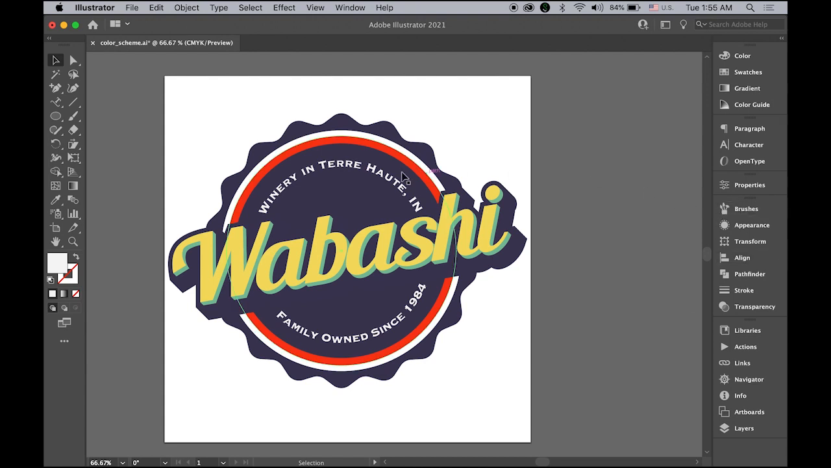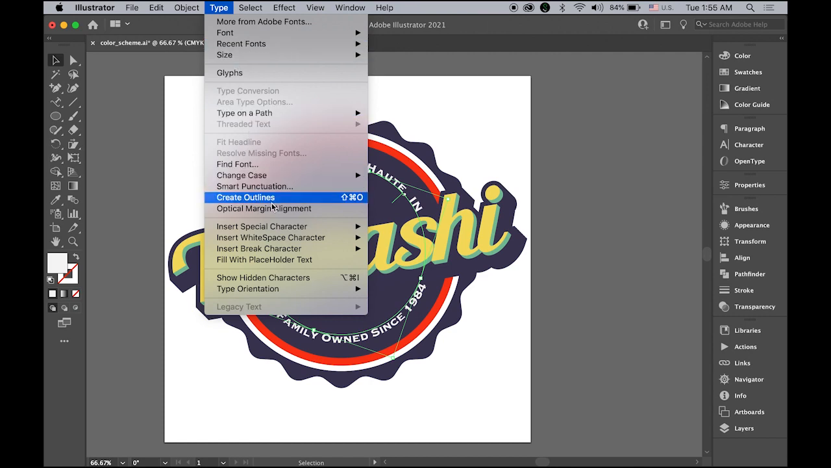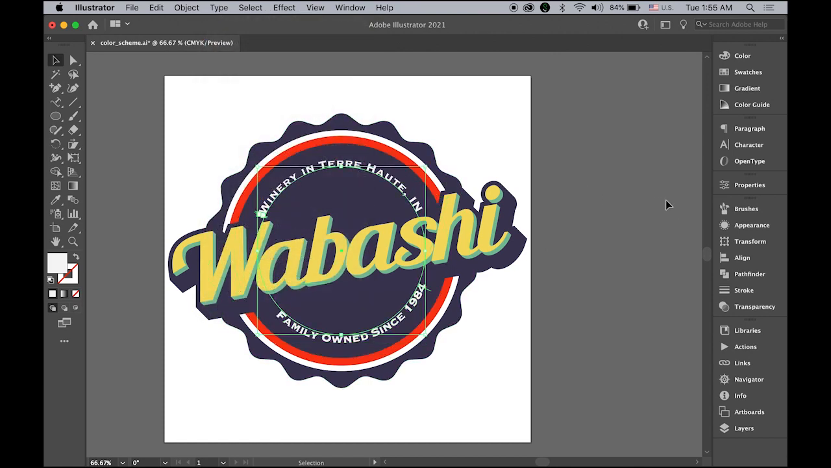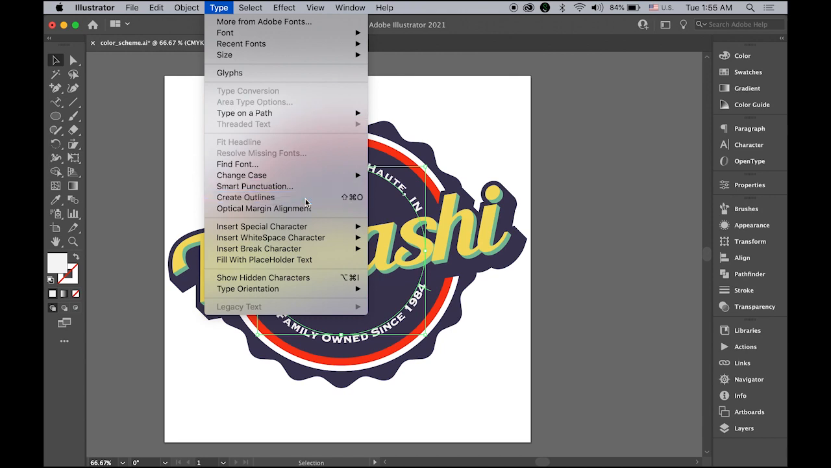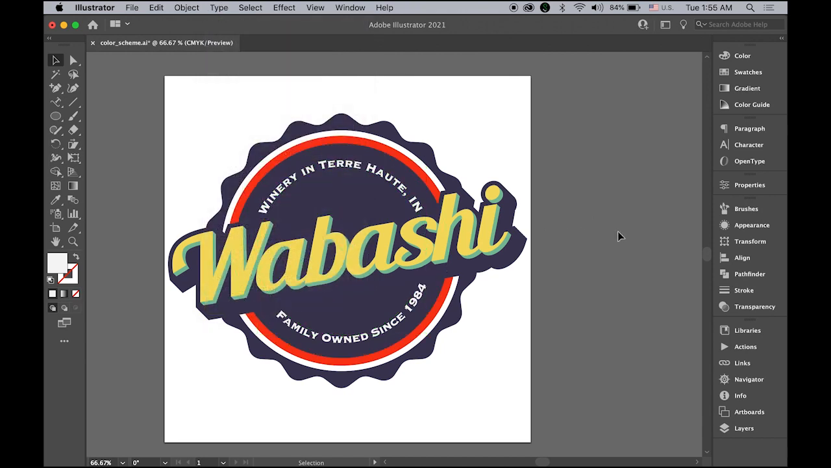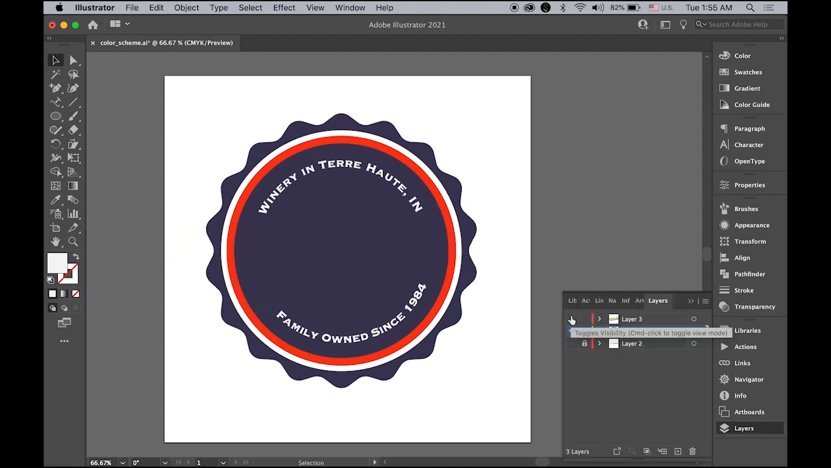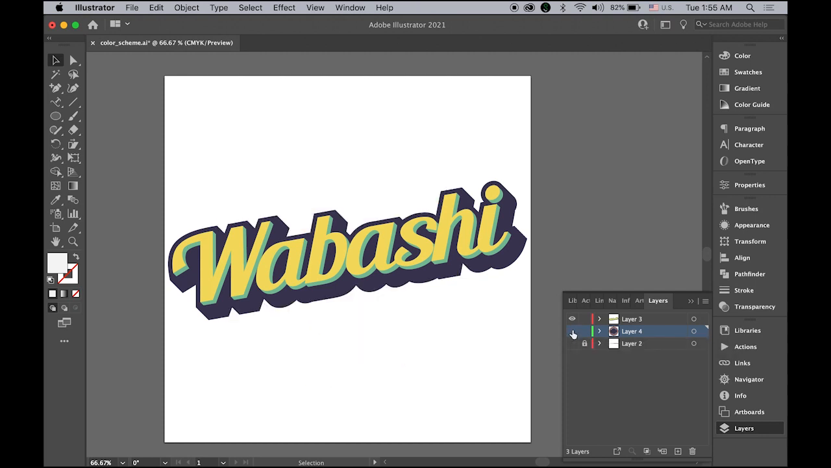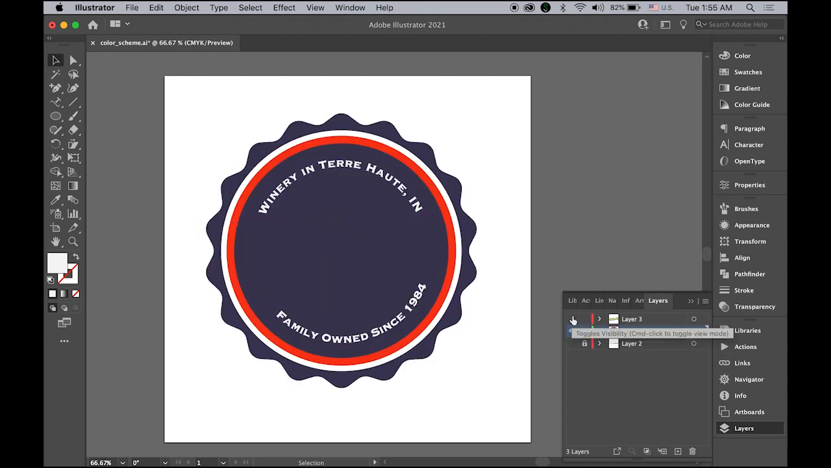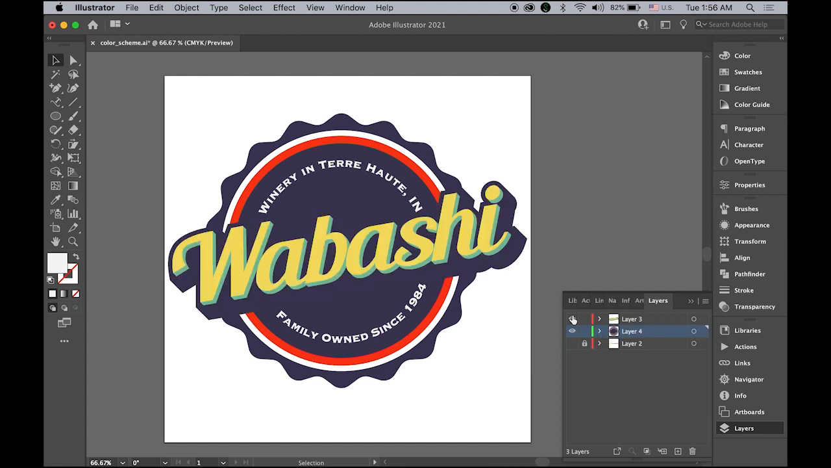And next thing is I want to create outlines for this text. So go to the Type menu and Create Outlines. And this one too. Type, Create Outlines. Okay. So let me check my layers. So top layer, I have a Wabashi text, the title. And bottom layer, I have this kind of badge shape with the white text on it. So we're gonna save those two things separately as transparent PNG files, so we can use them in